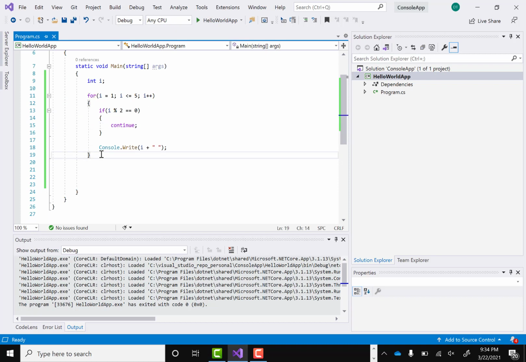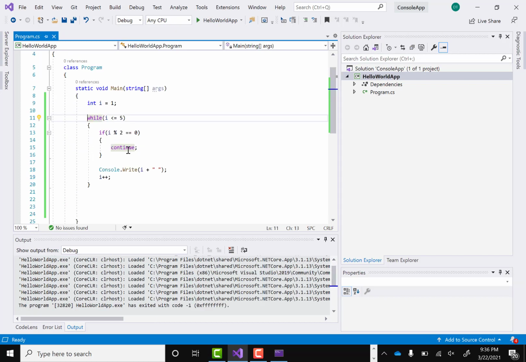Similarly, we can also check with the while loop as well. So in the while loop, what happens? Let's say I put here, in the while loop we just have the condition, we don't do initialization, right? So it means, let's say this will be the while loop, and the increment we can do here. So let's first see what happens in the case of break. So let's say I am saying if i equals 3, then in this case let's break.